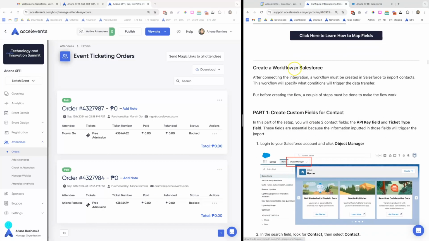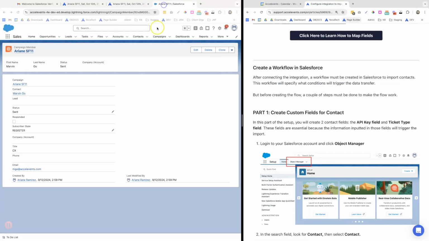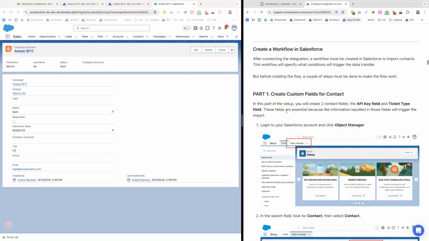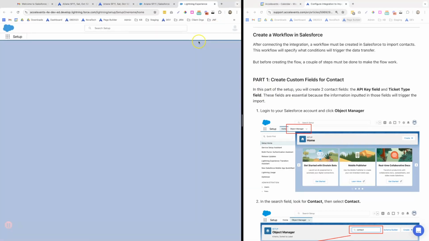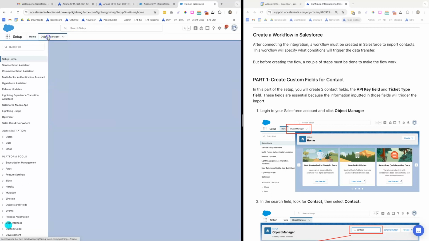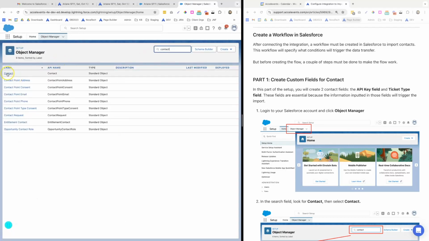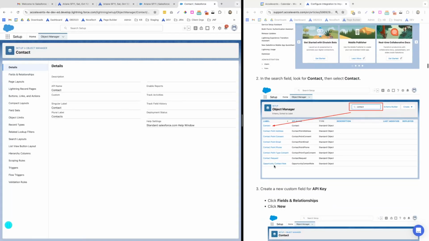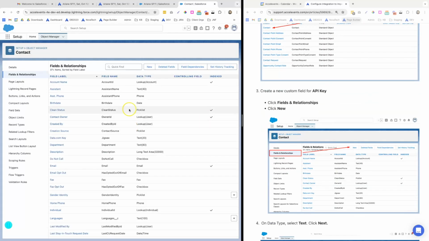Next, we will create our workflow in Salesforce. And the first part is we will need to create fields, the API key field and the ticket type fields. So let's go to setup. And then Object Manager, look for Contact, click Contact, and then let's go to Fields and Relationships, click New,